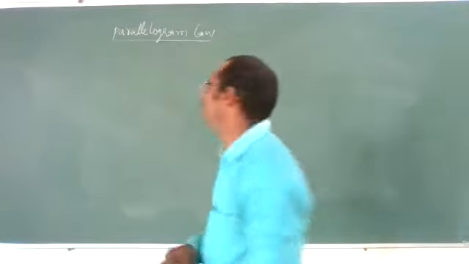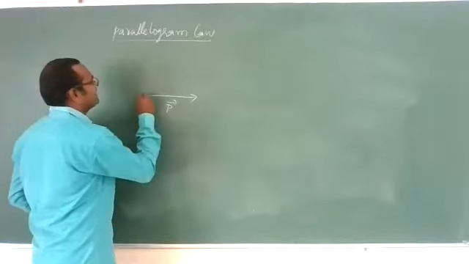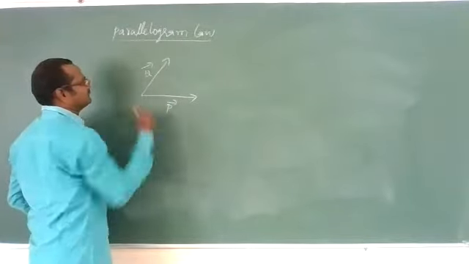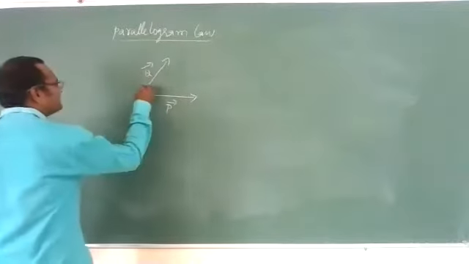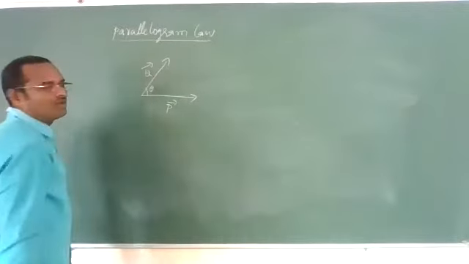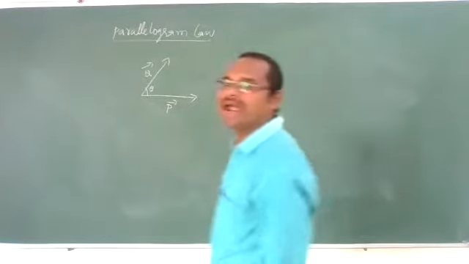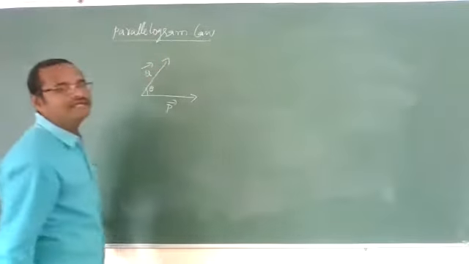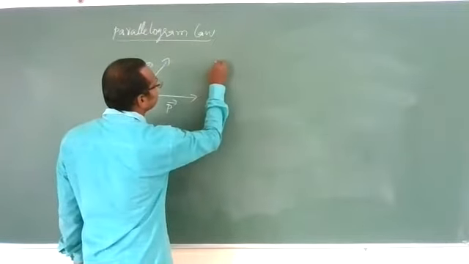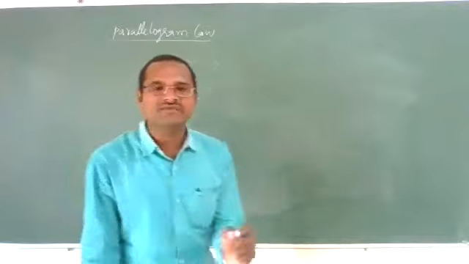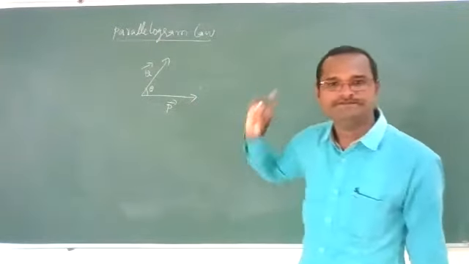Now further, what we have to do is, let us imagine here, two vectors are there, P bar and another vector Q bar, like this. Now to add these two vectors, the angle between these two is theta. How much angle is there between these two? Theta angle is there between these two. Okay? Now to add these two vectors, we will construct one imaginary parallelogram, like this. It is visible as the dotted lines I have drawn.